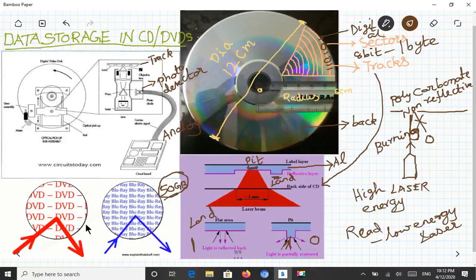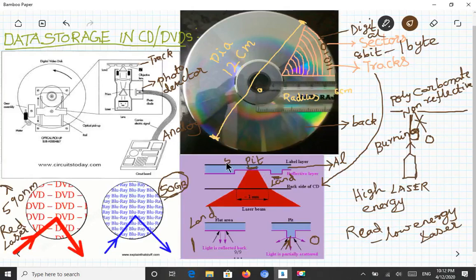The reason is that the DVD player or writer uses red color as a wavelength, a red color laser, which is of around 590 nanometers. So the wavelength of red laser is 590 nanometers. The difference is that as the wavelength is large, the etching surface or creation of pit will also be large,